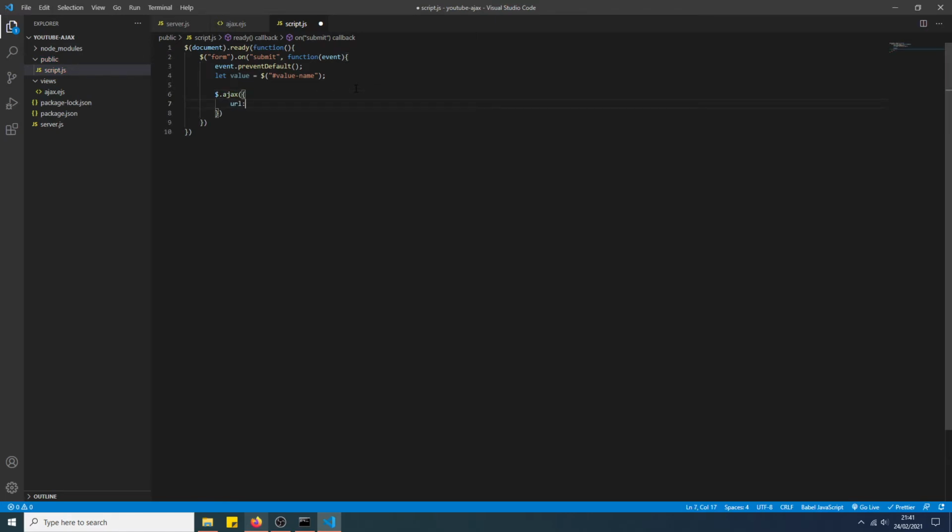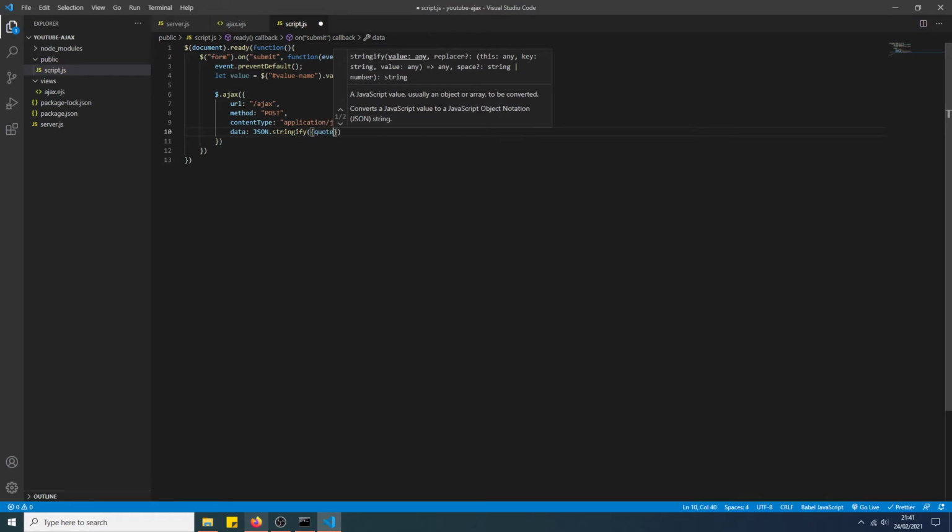Now it takes an object which specifies the URL, which associates it with the Ajax route which we just created. Obviously the method will be POST, content type, we set body-parser to JSON, so it'll be application/json. Data, we're going to convert value, oh sorry, actually we forgot to get the actual value, not just the element itself, to get the actual value of the input text. Data will be converted to a JSON object. We're going to create the field name quote, value,